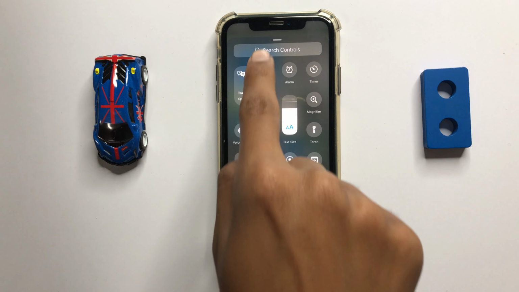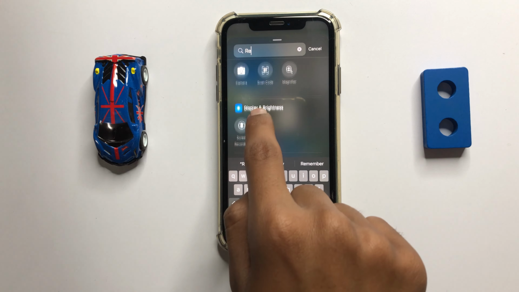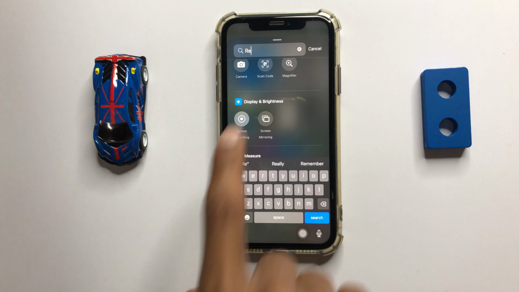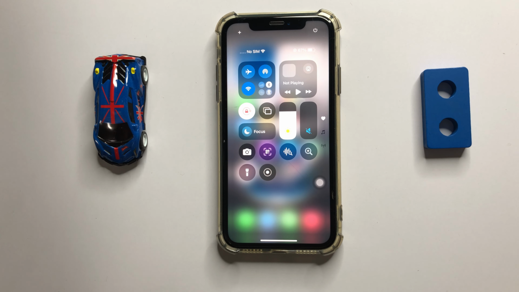and then search here screen recording. Now click on screen recording and then it will add on your control center, and if you want to start your screen recording, then simply click on it and it will start your screen recording, and then press